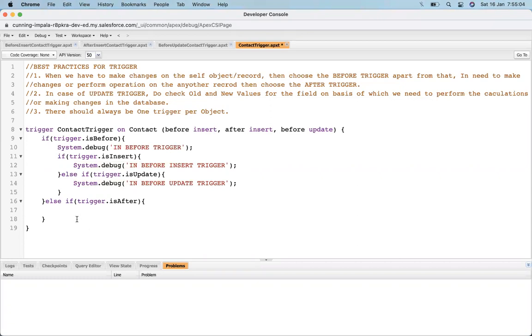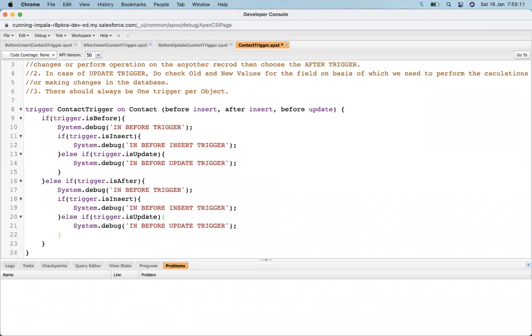Okay, and similarly for the after trigger, after insert and after update trigger. Okay, let's see what is happening.